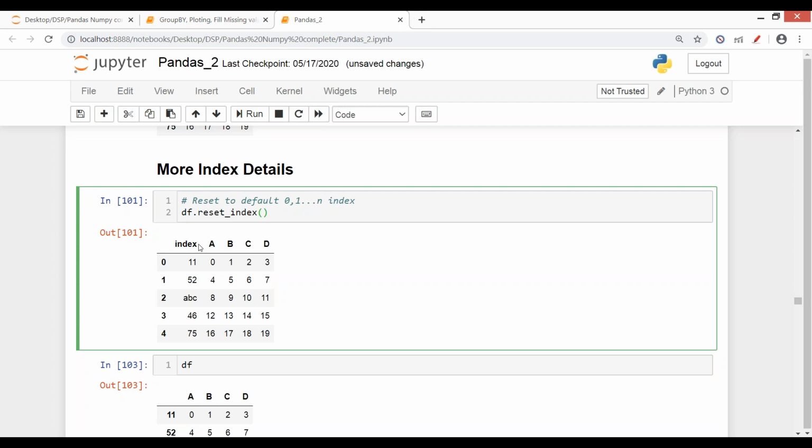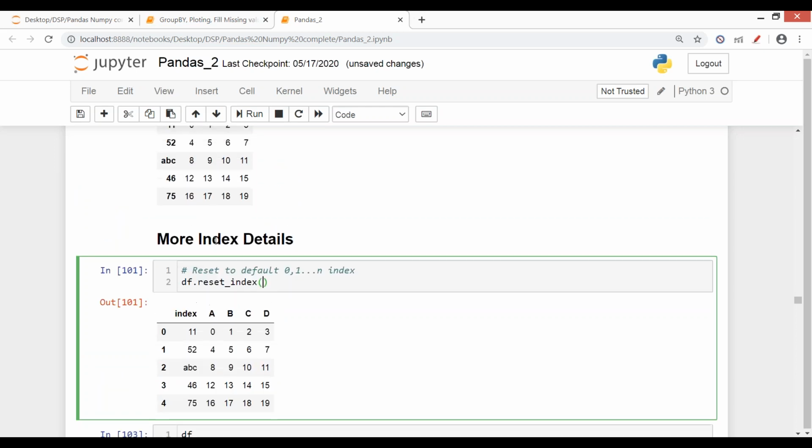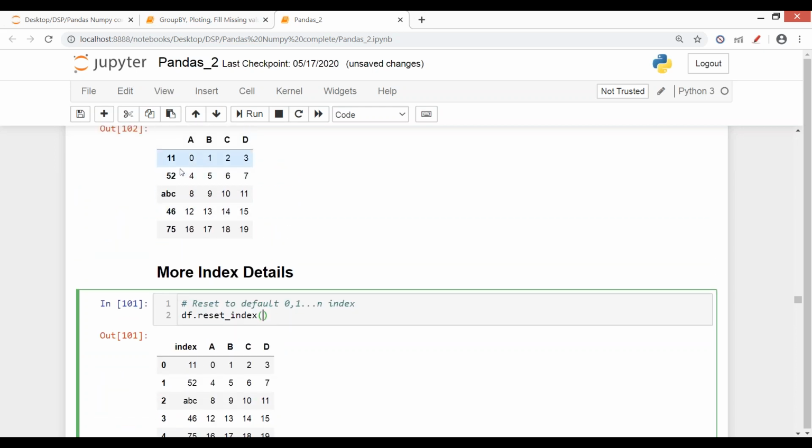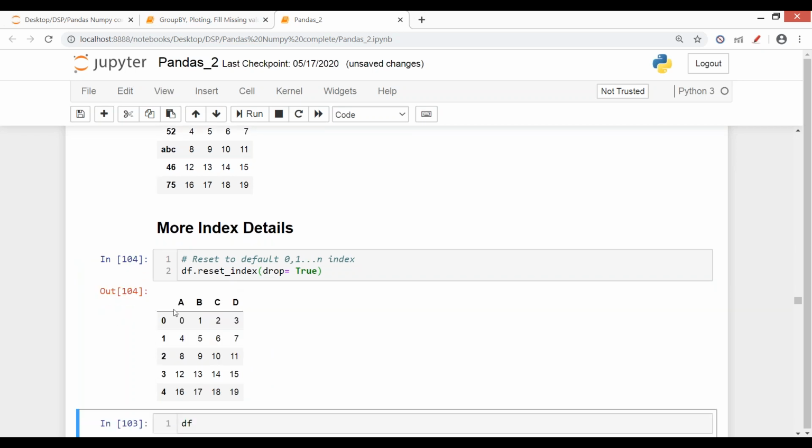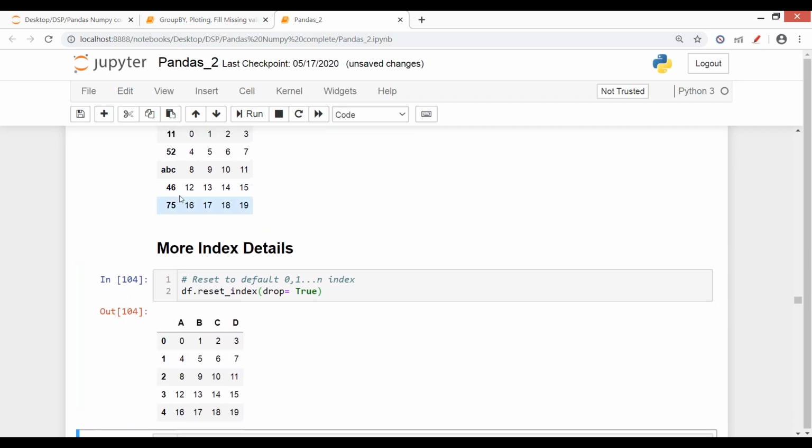Now let's say this is the existing index, which was 1152 and ABC, and it has become a column with this index name. I don't want this index to appear in my data frame. So for that you have to specify drop equals True. By this command, you see my existing index 1152 and ABC is no longer in my data frame.